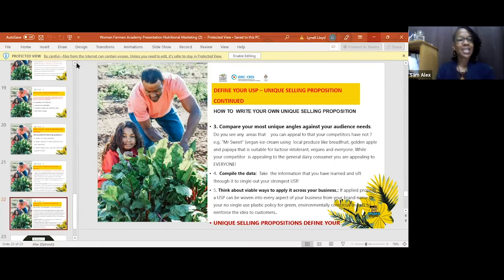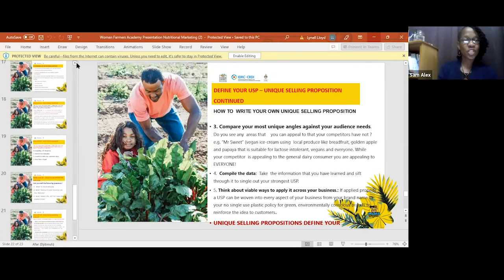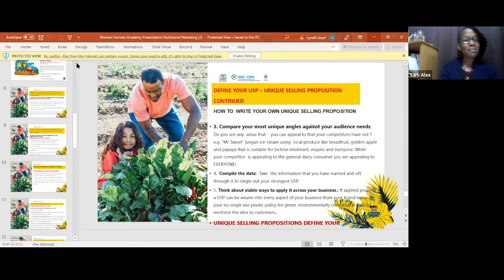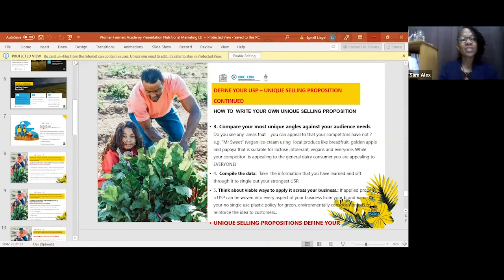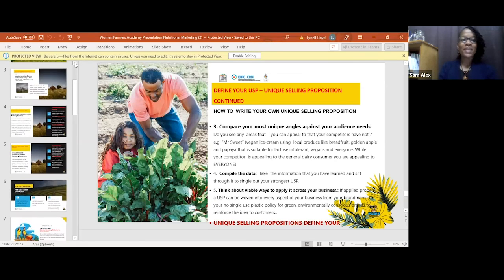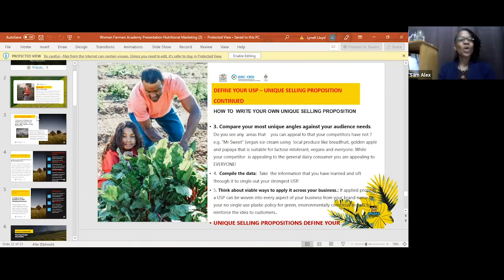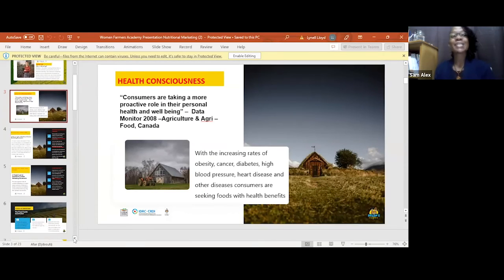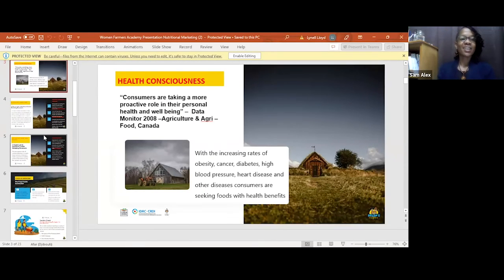You will realize that a unique selling proposition is an important part of nutritional marketing, because at the end of the day, you are marketing, you are indirectly making a sales pitch and you want it to result in sales. So you have to market based on something, based on a proposition, based on what makes you different, what makes you distinguishable. When I chose food as medicine as my slogan, there was a reason for it, okay? So it is important to understand how the unique selling proposition ties into the nutritional marketing of your business.